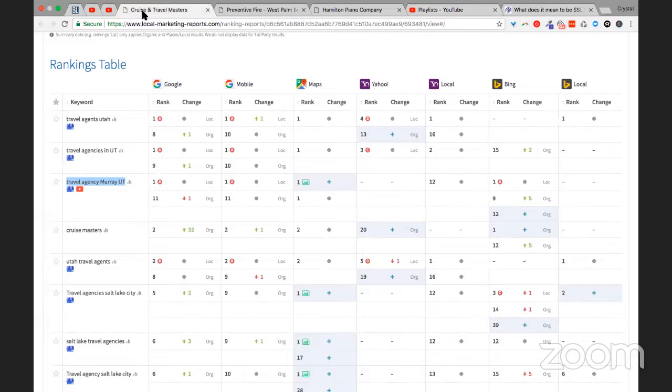And if you don't have a rank tracker report like we do, there's the actual YouTube little red icon right there that shows that that's a great prime keyword. What is that keyword? It says travel agency, Murray, Utah. If I were that company, I would create a YouTube video and title it exactly that